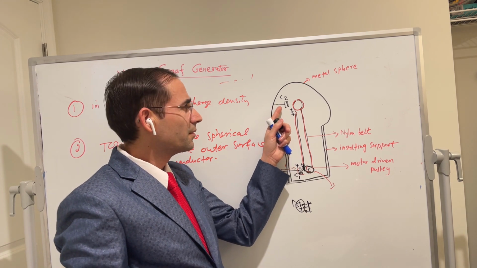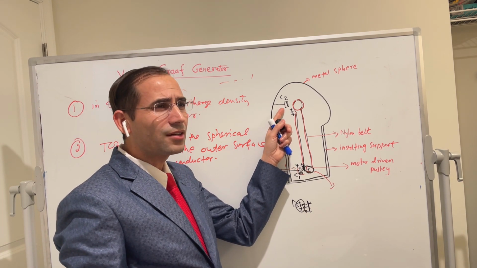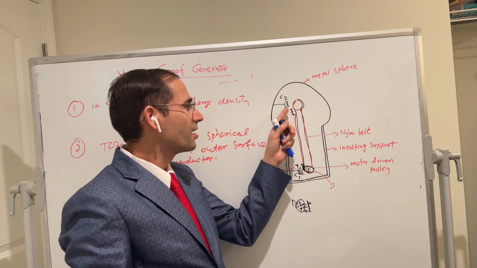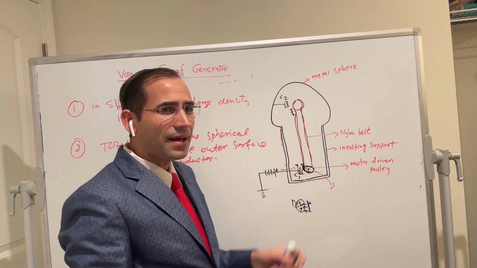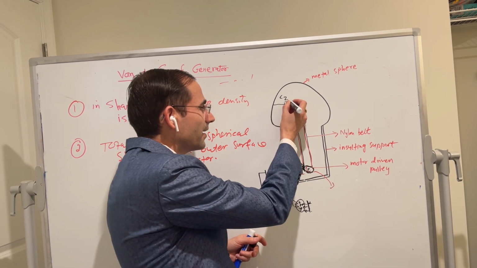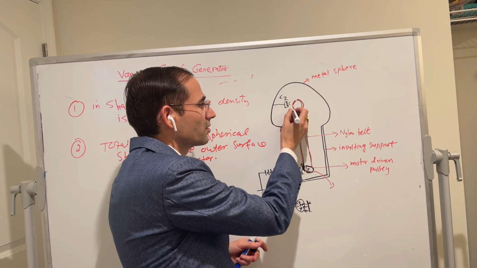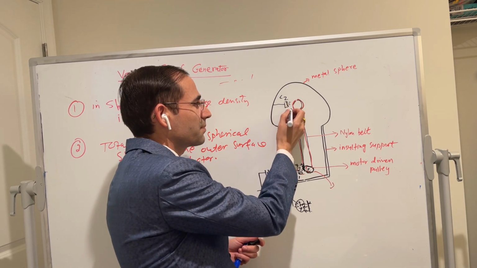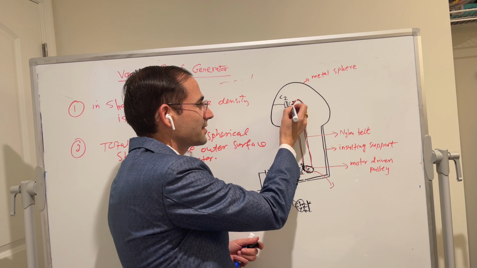Then the electrons see that there are some positive charges nearby. Then the negative charges discharge again, right? Because negative charge wants to come near this positive charge,